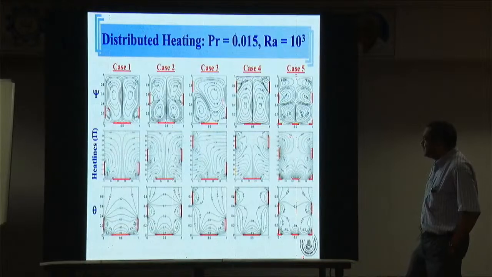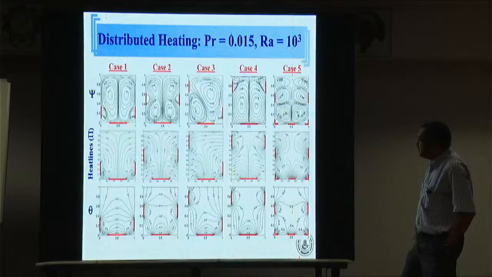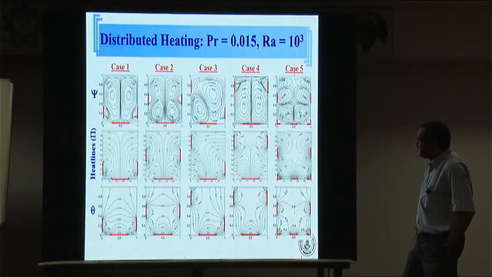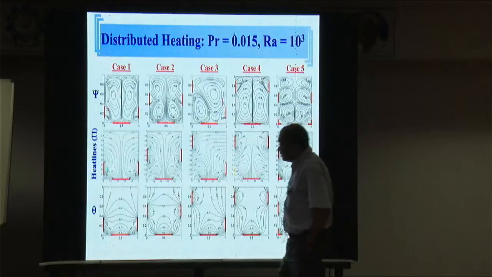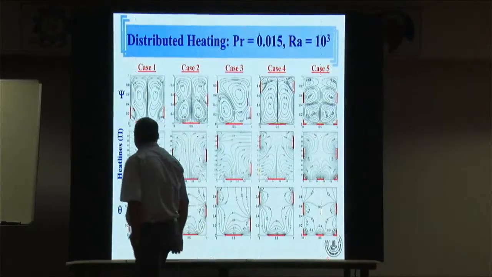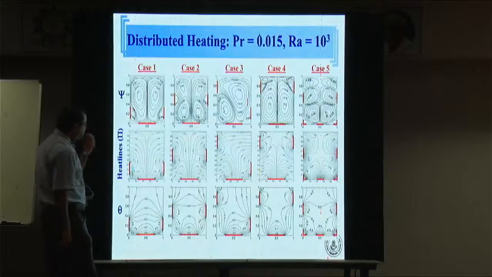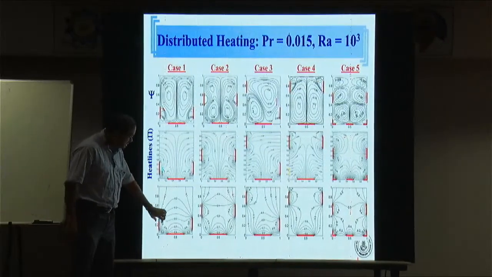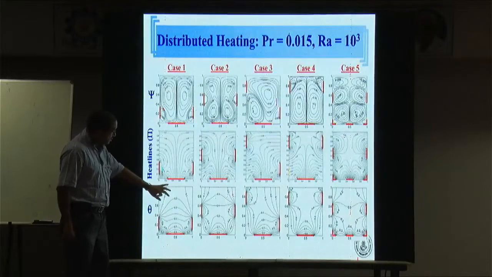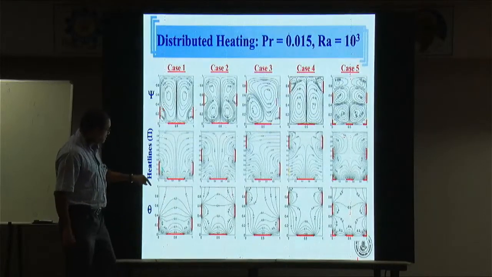Okay, so this is the overall comparison. You can see that we have shown different kinds of heaters, case 1, case 2, case 3, case 4 and case 5 as multiple heaters. Here you can see the streamlines, heat lines and temperature, and for this case the heaters are near the bottom and a lot of cold zone is actually there, and you can see how the